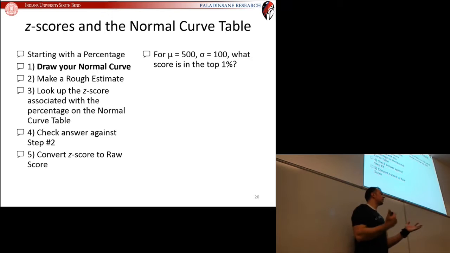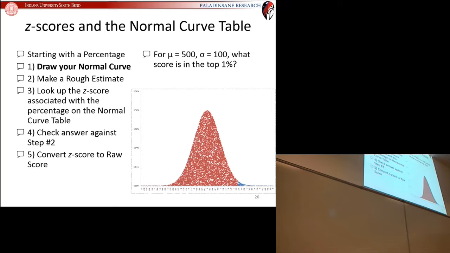All right, so first things first, step 1, draw a normal curve. We are interested in getting into the top 1%. So we need to draw a normal curve that looks like the top 1%. And in our case, that's the curve right there. So the thing about drawing a normal curve that I want to reiterate, I got an Excel program that draws these things for me when I need to. But all you need to do is get the general shape of the curve, the general category of it. So even if you don't draw it to scale, as long as you draw a normal curve,